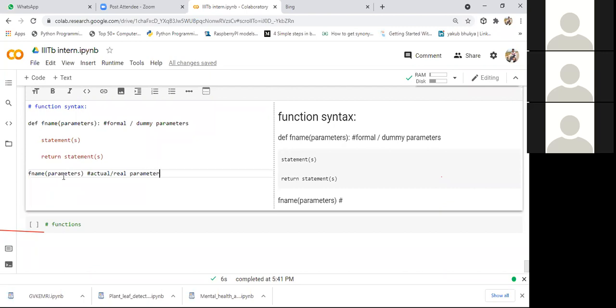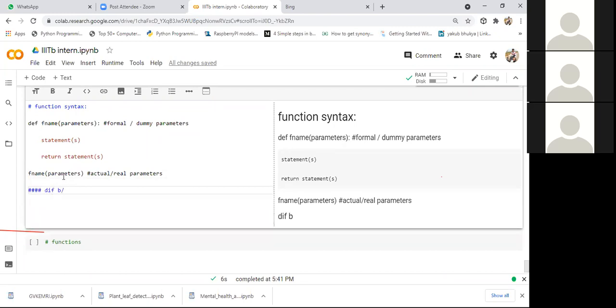Coming to these parameters, you'll face an interview question, a very important question: the difference between parameters and arguments.